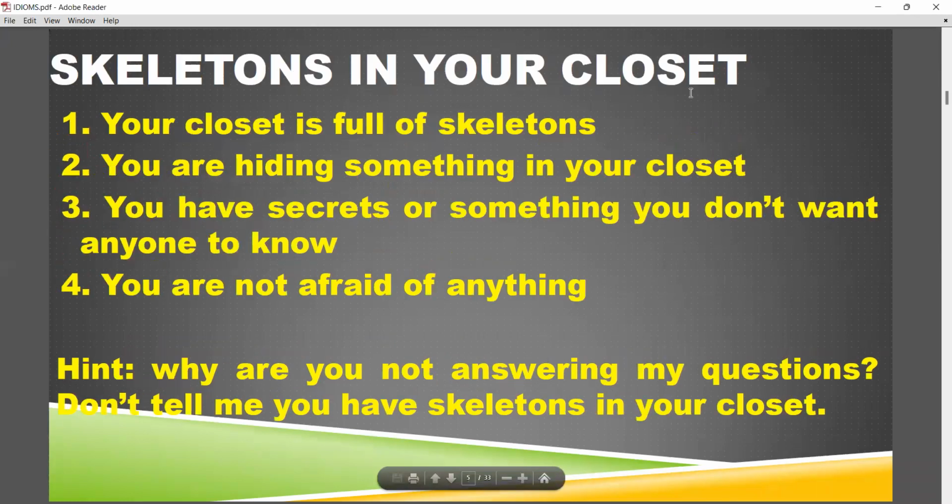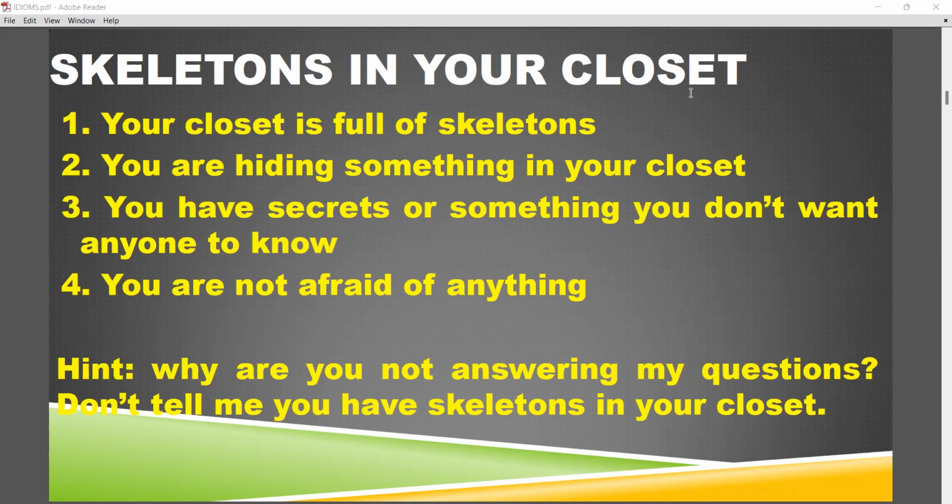Skeleton in your closet. What do you feel could be the skeleton? Can somebody see my skeleton? Can I see your skeleton? No. Literally, if I go by the literal meaning of skeleton in the closet, it means that you are hanging a skeleton in your almirah, in your cupboard. That's not the sense.